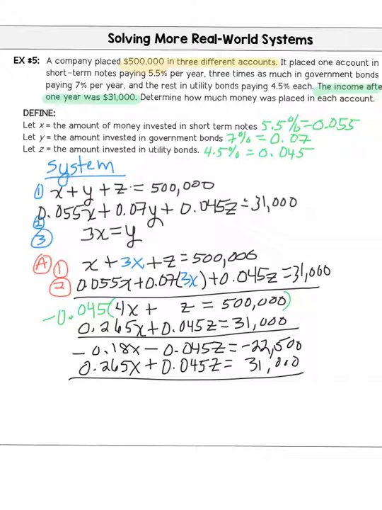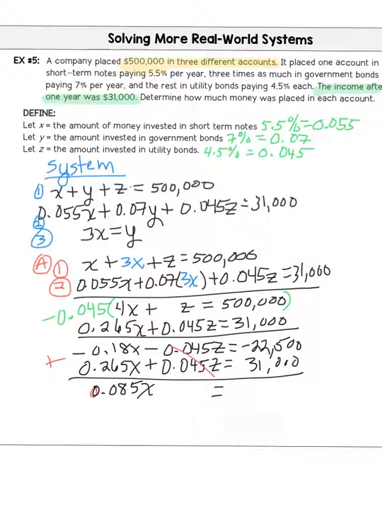So now when I add this together, the z's cancel. And so then I just need to take the 0.265 and subtract from that the 0.18, and I get 0.085